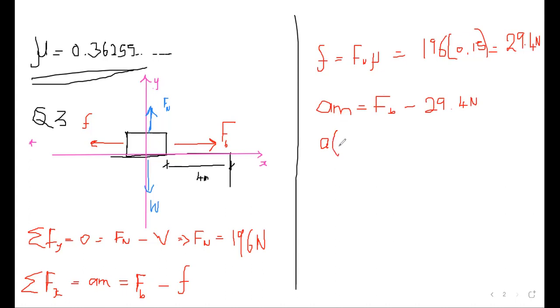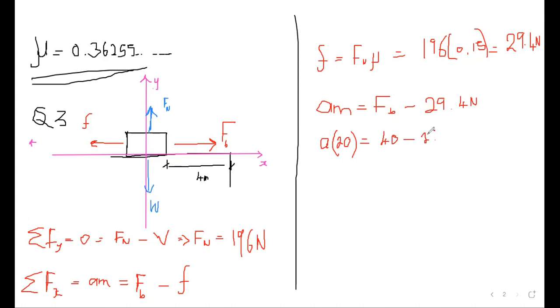So the mass of the box, which is 20 kg, times the acceleration of the track is equal to FB, which is 20 times 2, giving us 40